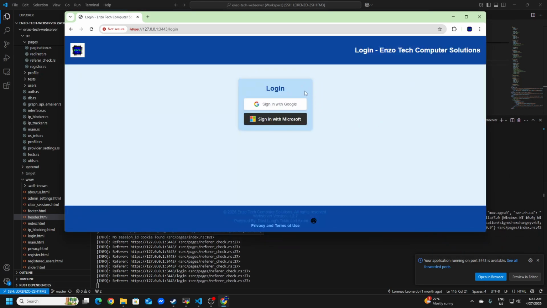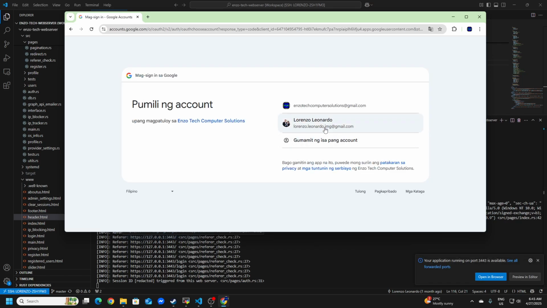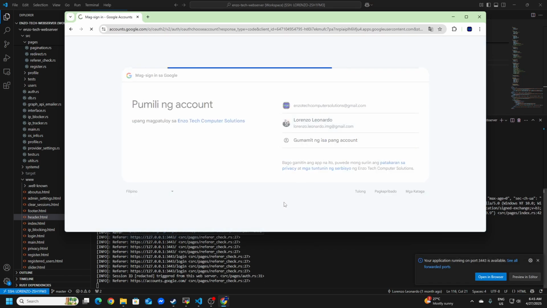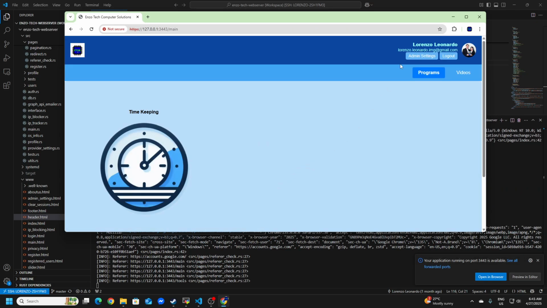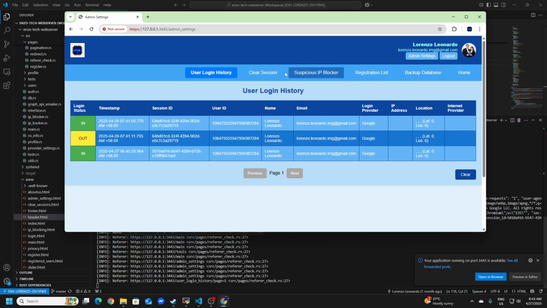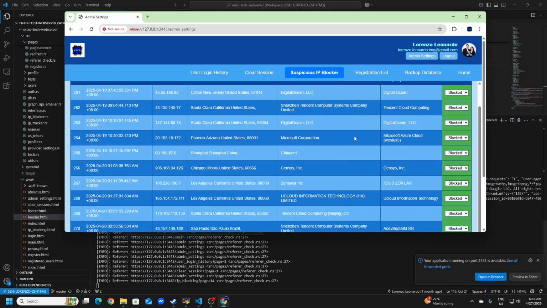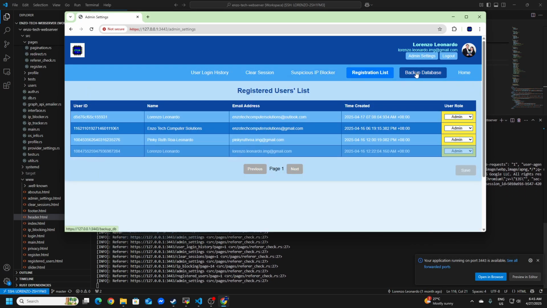So as you can see, I'm using OAuth 2 for authentication. There you go. It's a fully working site.